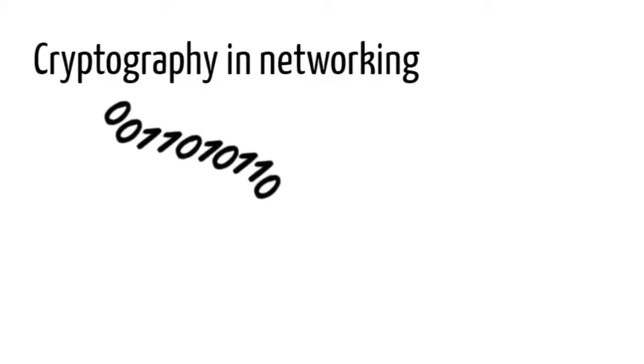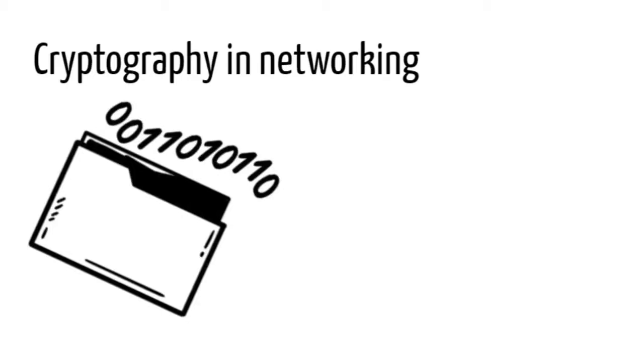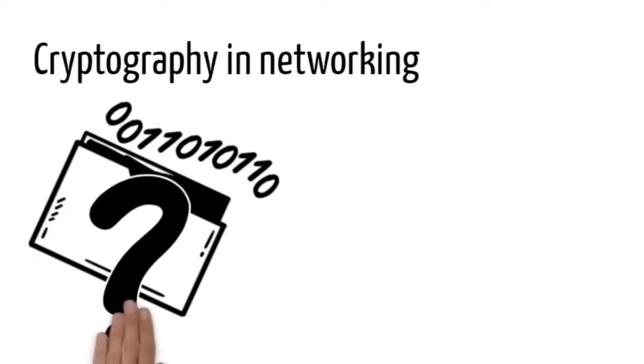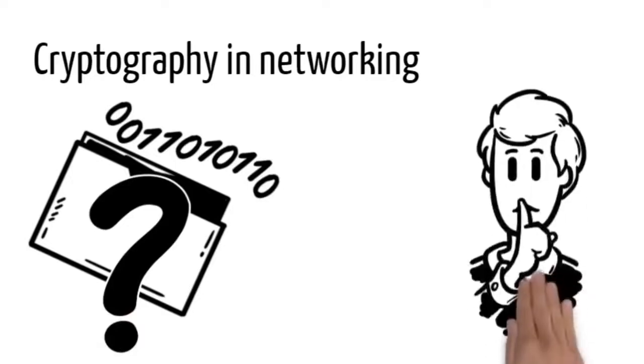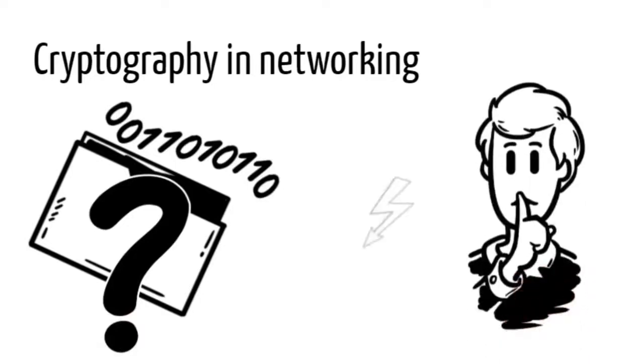Another way of protecting your system is cryptography in networking. There are two common mistakes many people make when they think of cryptography. The first one is that they think it stops people from being able to see your data. This is not the case. Attackers can still see your data, but if you have got the cryptography right, it means they can't understand it. The second one is that they think cryptography is only used to provide confidentiality. Once again, this is wrong.